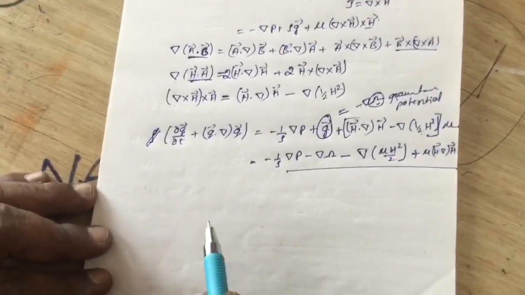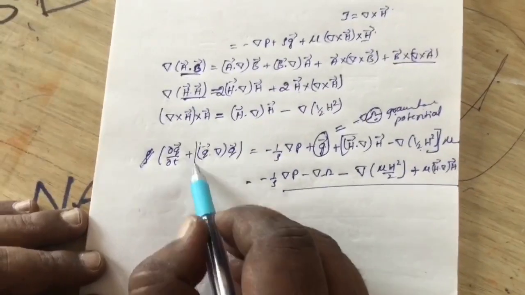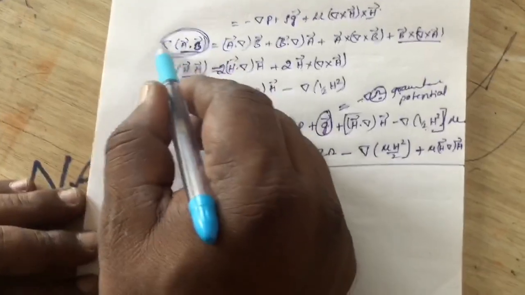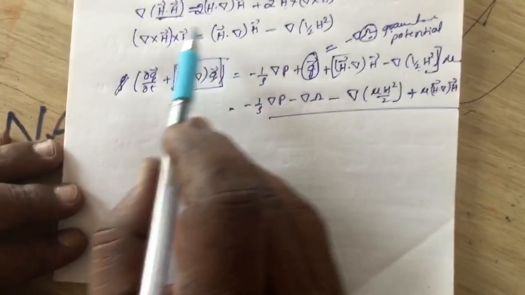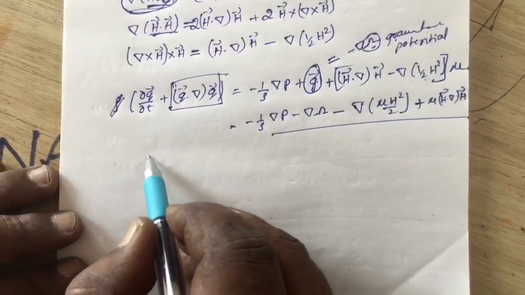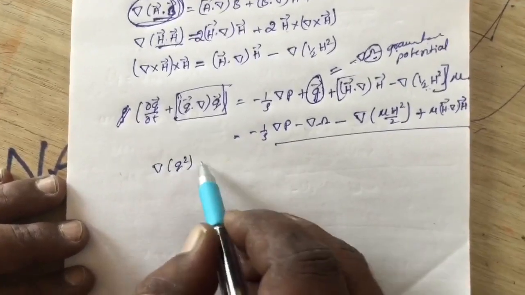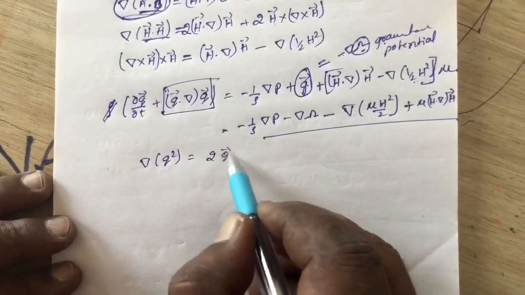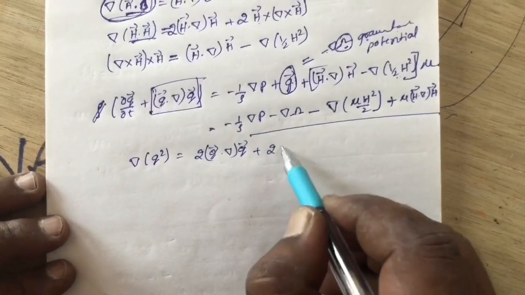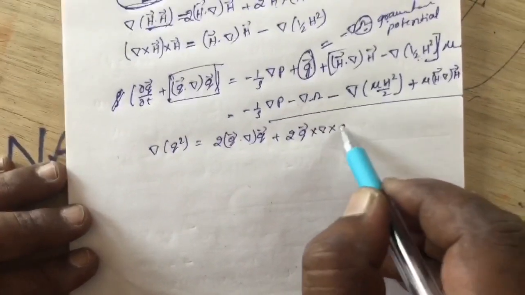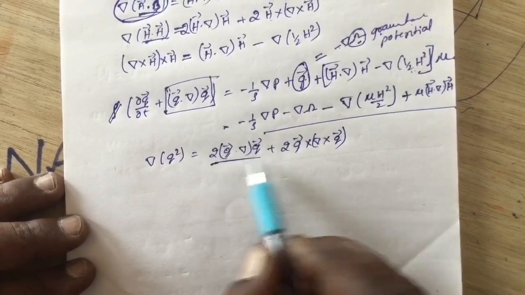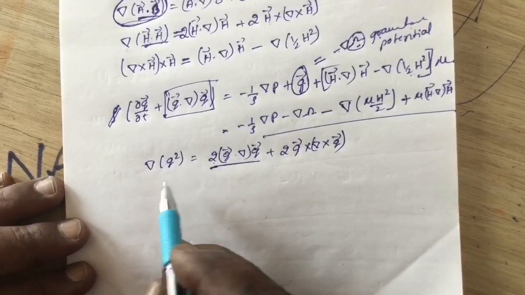Okay, so this is the equation you are going to get. Again, this term can also be expressed using the same relation. Instead of h, if you take q, this equation becomes gradient of q square is equal to 2 times q dot del of q plus 2 times q cross del cross q. Is it right? Okay. Now, you want this term, that's why, by taking 2 common and cross multiplying this,